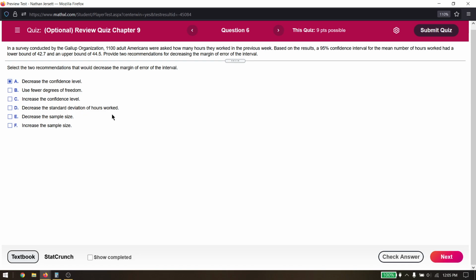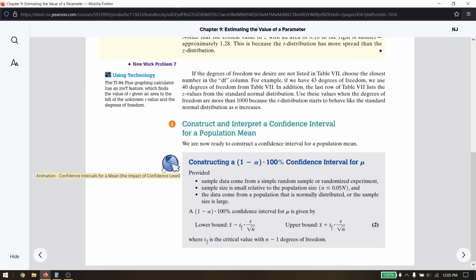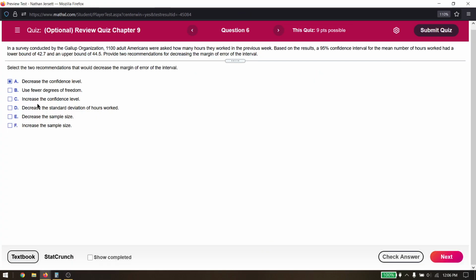Decrease the standard deviation of hours worked. Well, going back to the formula here, we can see the interval. Standard deviation, what effect does it have? Because it's in the numerator here, just like t is, it's going to have the same impact as t does. So an increase of s, the standard error for the sample, is going to make the interval wider. Decrease of s is going to make it smaller. So decrease the standard deviation